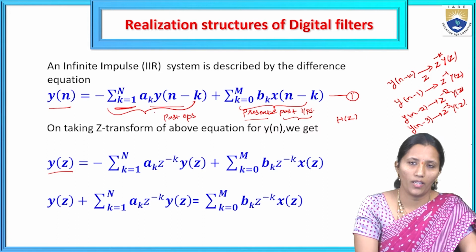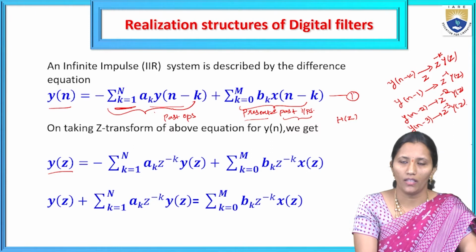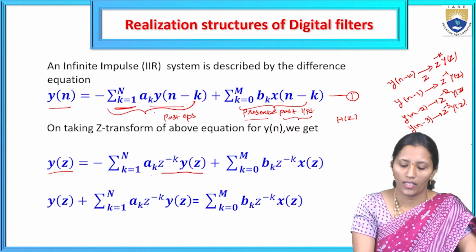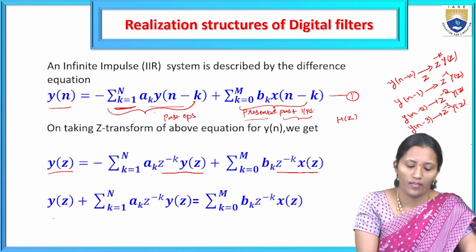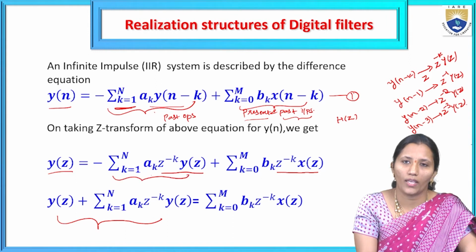So like that, if you apply the Z transform to minus sigma k equals 1 to N a_k y of n minus k, we are going to get a_k z power minus k Y of z, plus the second term, sigma k equals 0 to M b_k x of n minus k. If we apply the Z transform, we get z power minus k X of z. Take this term, sigma k equals 1 to N a_k z power minus k Y of z,